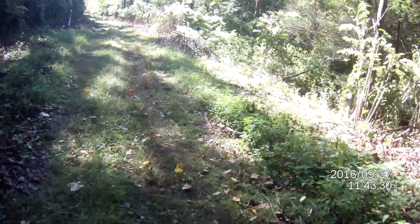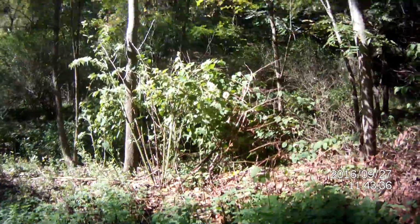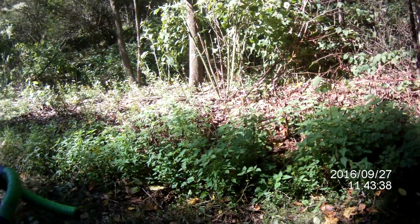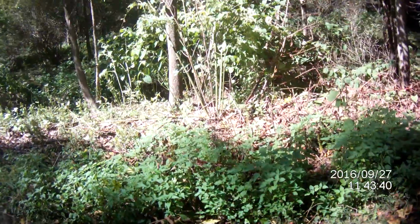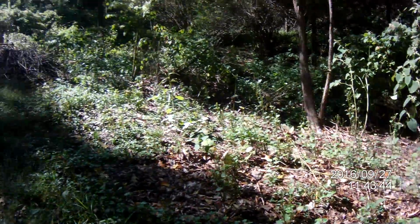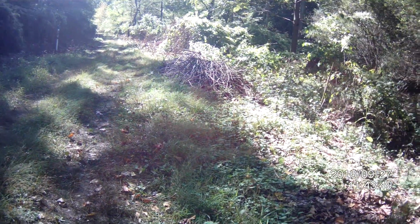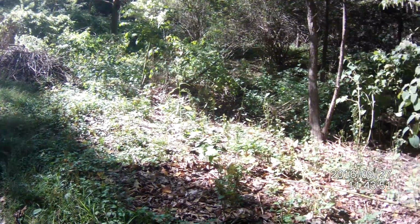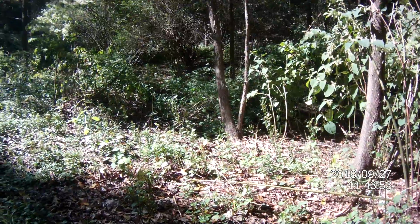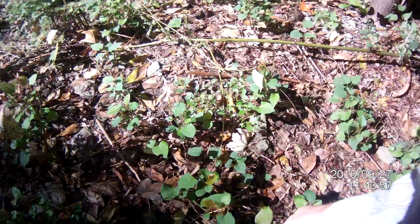This is where I was doing my work, about where the stinging nettle starts. Right here, you see there was a little bit of knotweed that was cut. But from here and in that direction, there's very little knotweed sticking out of the ground. What there is are these little pieces right here that grew up out of the existing rhizome, which I could probably